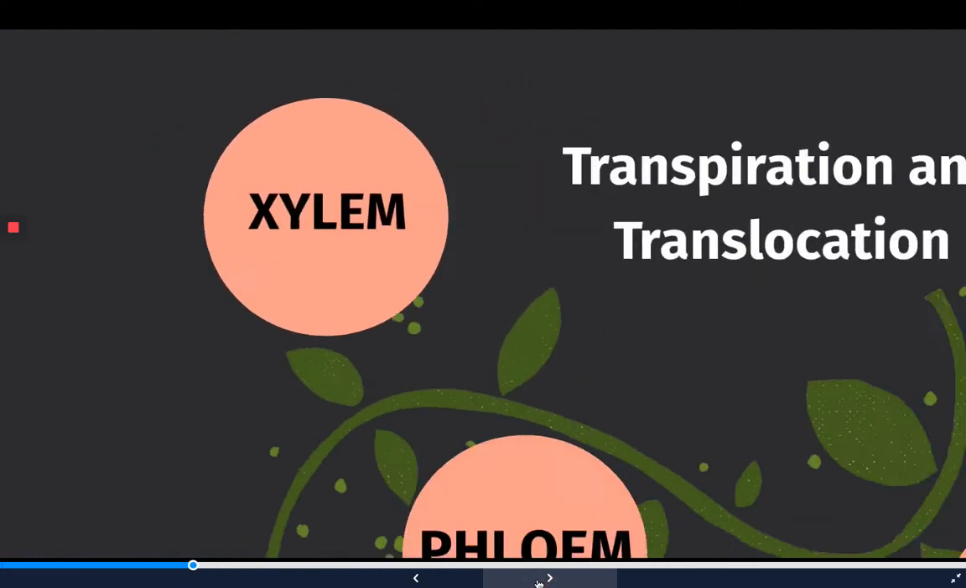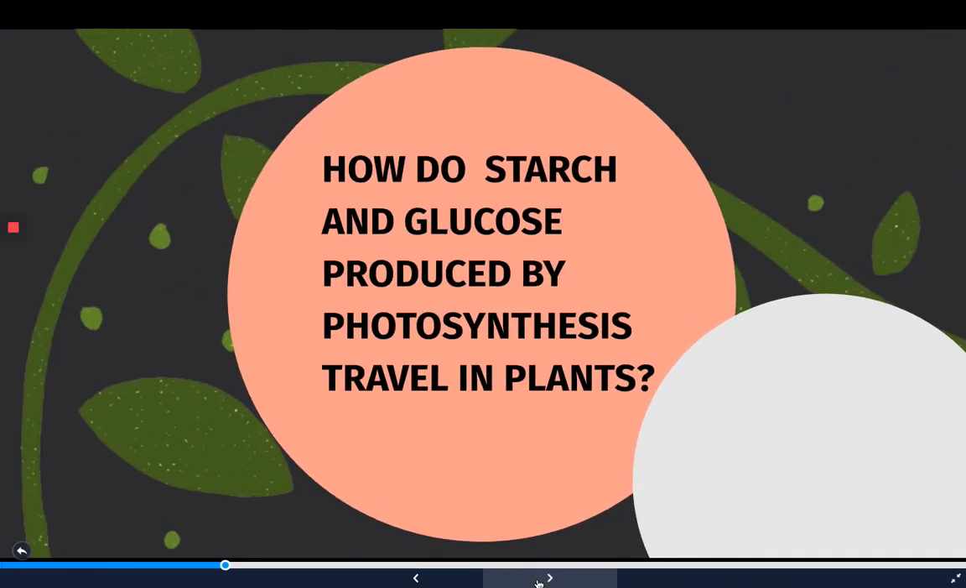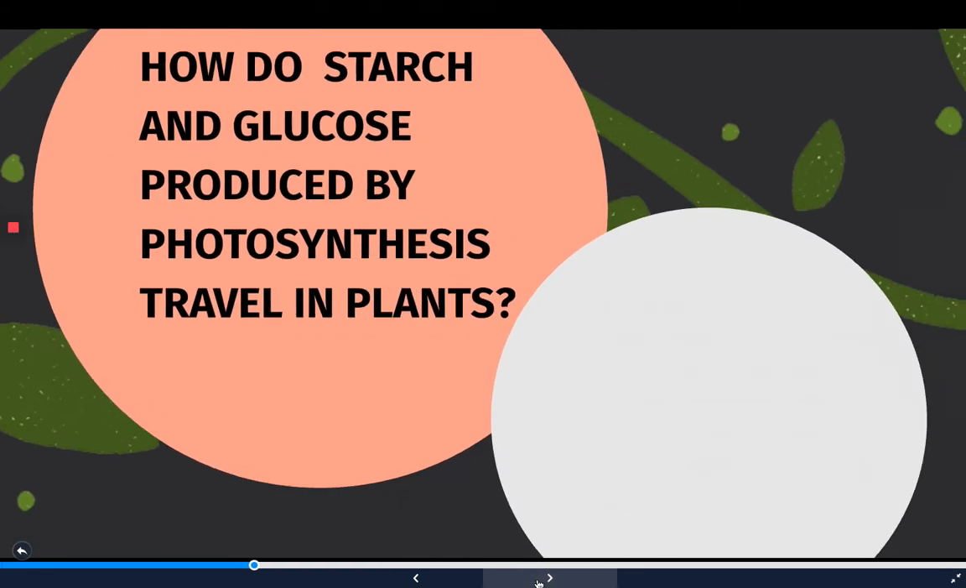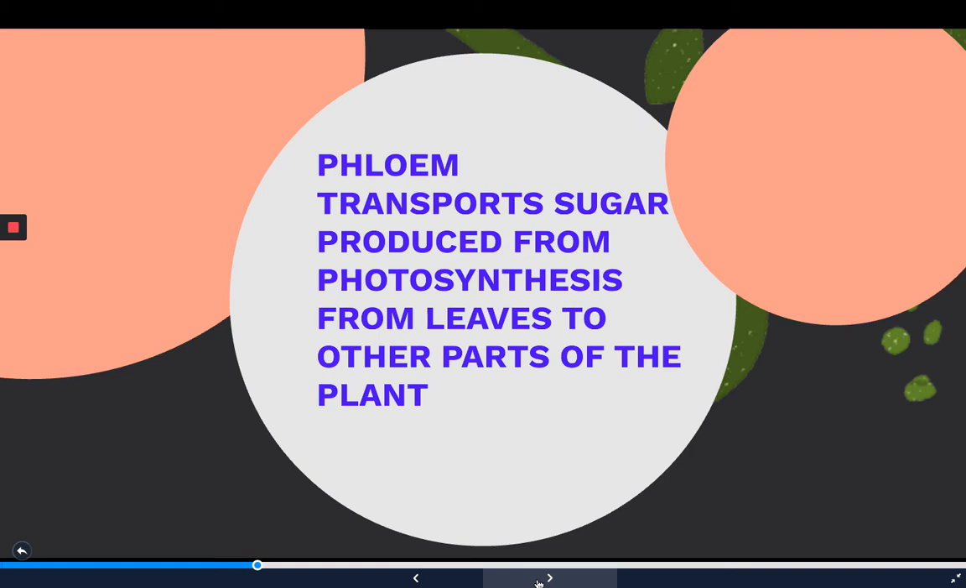Second, how do starch and glucose produced by photosynthesis travel in plants? Now we have another question. As you know, leaves make a special food called glucose and starch, which is produced by photosynthesis. But is it all collected in the plants, or do plants use it? Of course, phloem transports